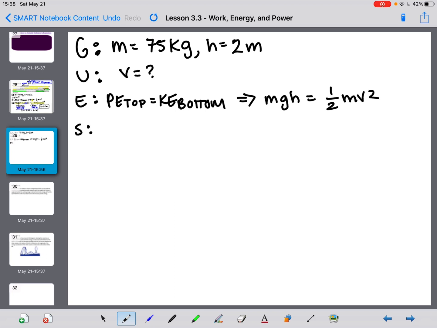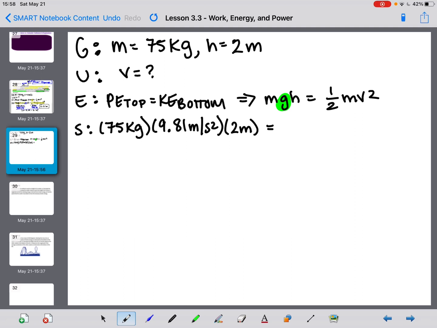Then we're going to substitute. My mass is still going to be 75 kilograms. Again, we're on Earth, so we use that nice special value of 9.81. Remember, do not put the minus sign in because energy is a scalar value, so it cannot be negative. It would make absolutely no sense to say I have negative 30 joules of energy. That has absolutely no meaning. My height this time is 2 meters,